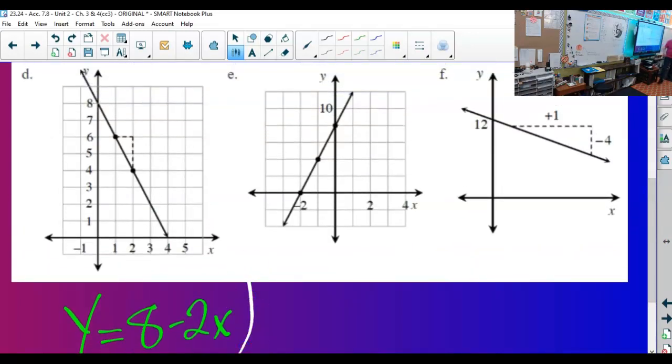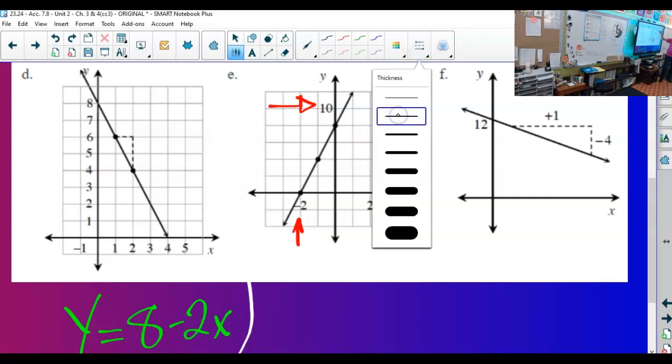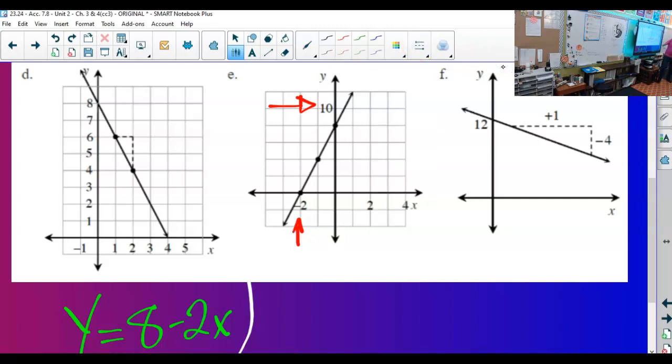Trapdoor alert. Arlo, what's the trapdoor here? Okay, so the trapdoor on E. The trapdoor is that you see there are 5 spaces between the 0 line and 10. You think 10 should be 5, when really no, we count by 2s each time. The y-axis is going up by 2s, not 1. So the y-intercept here is 8, but